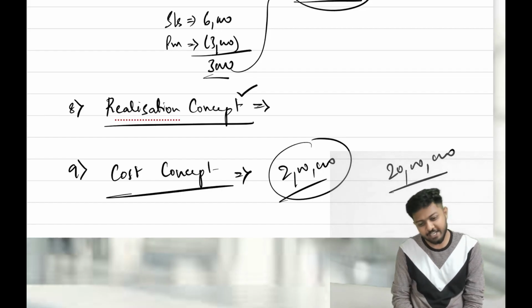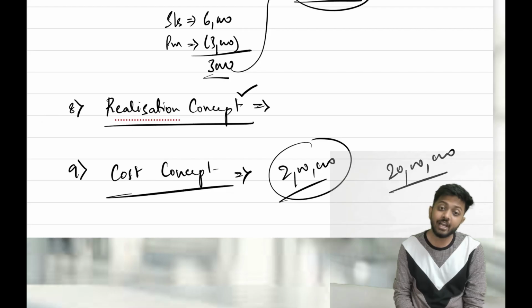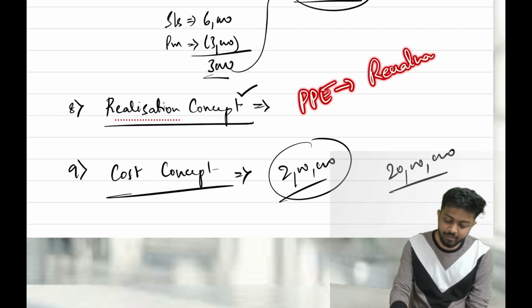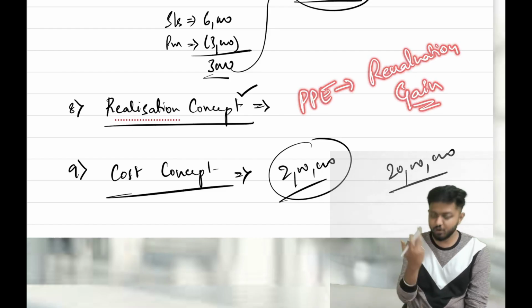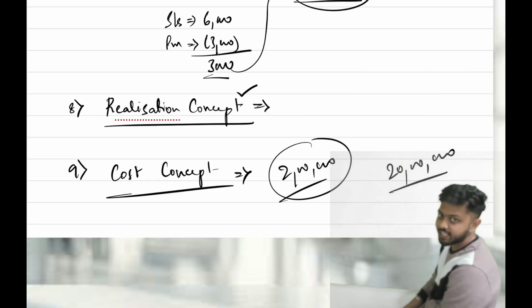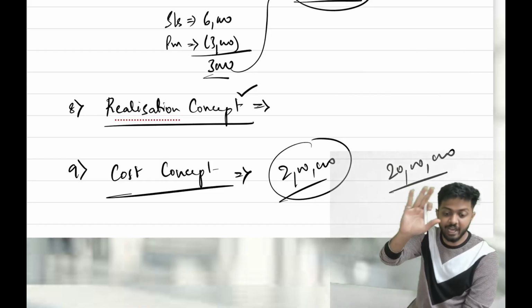Accounting standards have come. Now we also recognize notional income with respect to PPE, correct? We record revaluation gain and all, correct? No. You should not forget that revaluation gain is a notional profit only. So these were the concepts which were there much before. So we are learning it. That's how these were the earlier understandings.